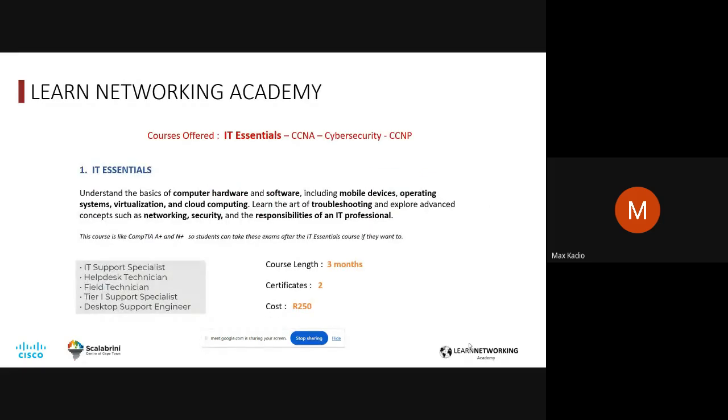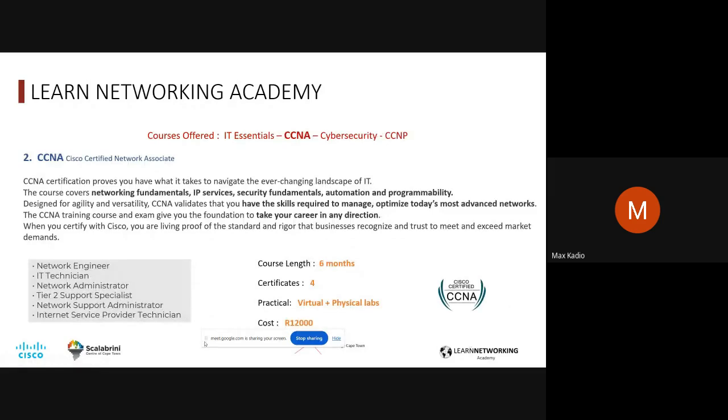With CCNA, we train you to become a network engineer, IT technician, network administrator, and so on. For the practicals, we'll do virtual and physical. Physical labs, I'll bring some equipment at Scalabrini. And anything we did virtually, we're going to do with the physical labs also.